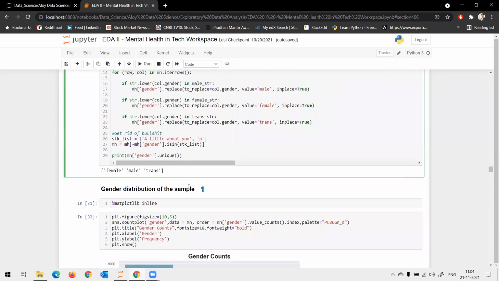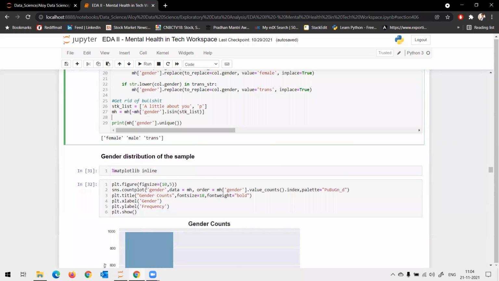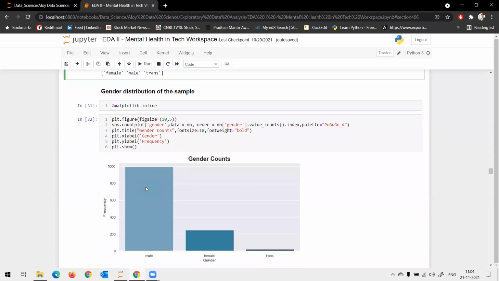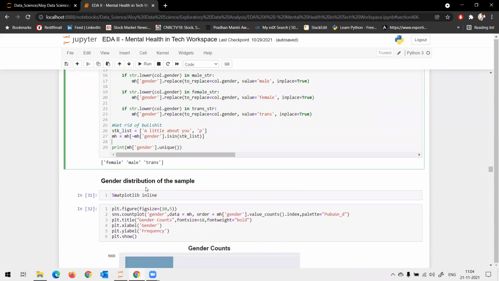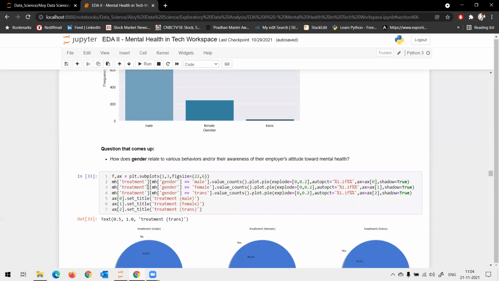So in total we dropped about 7 rows, correct? Yes. Okay, so later down the line, after we fixed the data set, we understood the distribution of gender, whereas the data set has a maximum of male, female, and then a small fraction of trans.